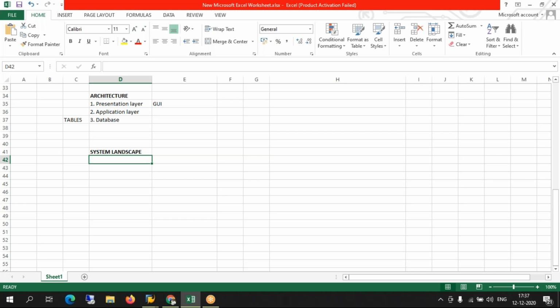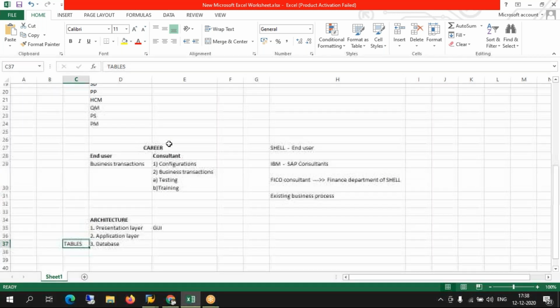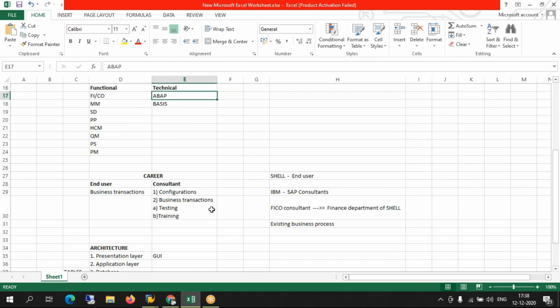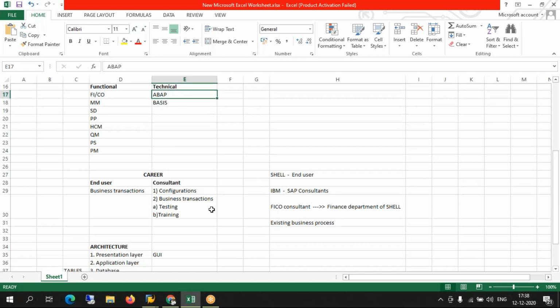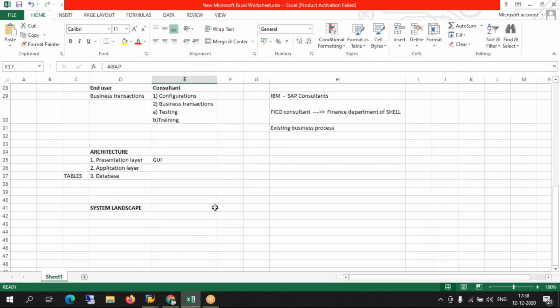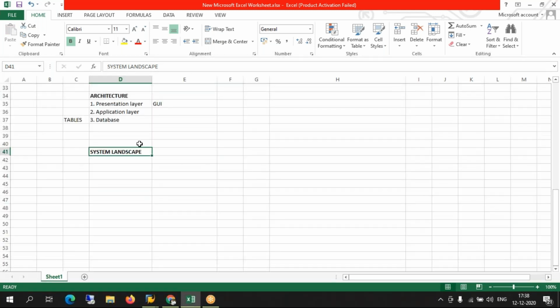There is no dedicated topic on tables, except when you study ABAP. The ABAPers have in-depth knowledge about what tables are. As you keep working, you will come to know on a daily basis that this table belongs to customers, this table belongs to vendors.